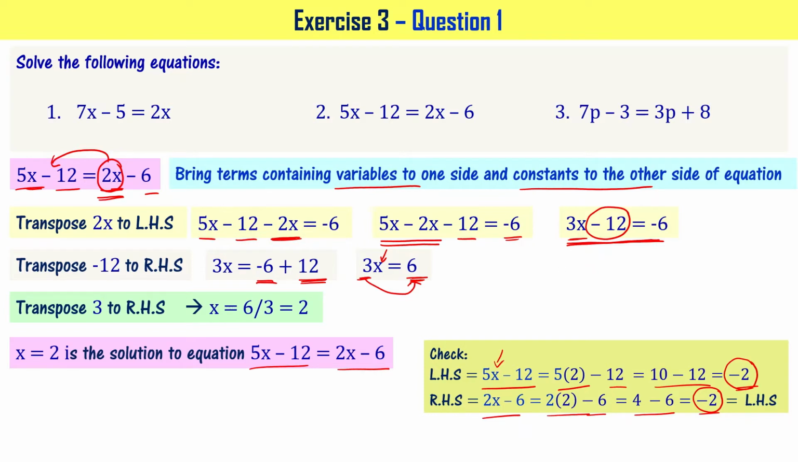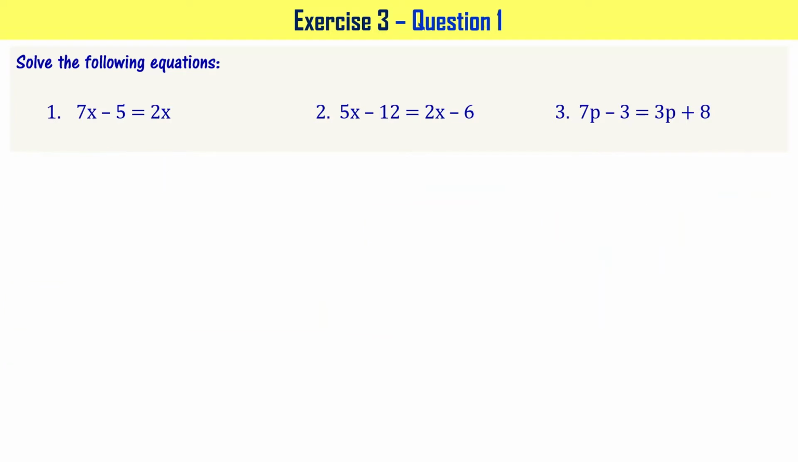When the values of both LHS and RHS are equal, it means x equal to 2 is satisfying the given equation. That's why x equal to 2 is called the solution to the given equation. Got it? Now let's look at third problem, that is